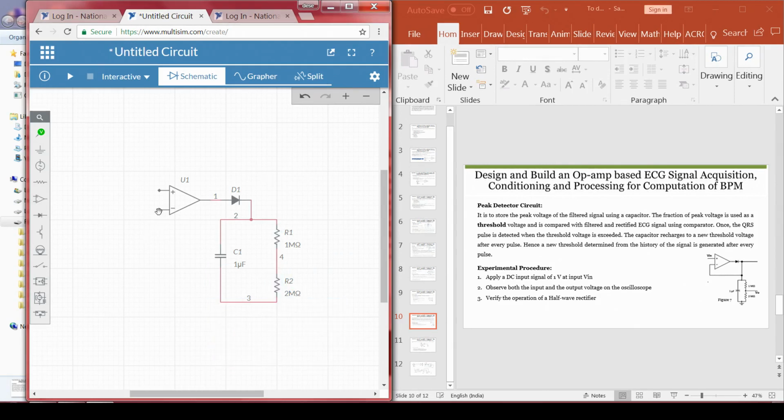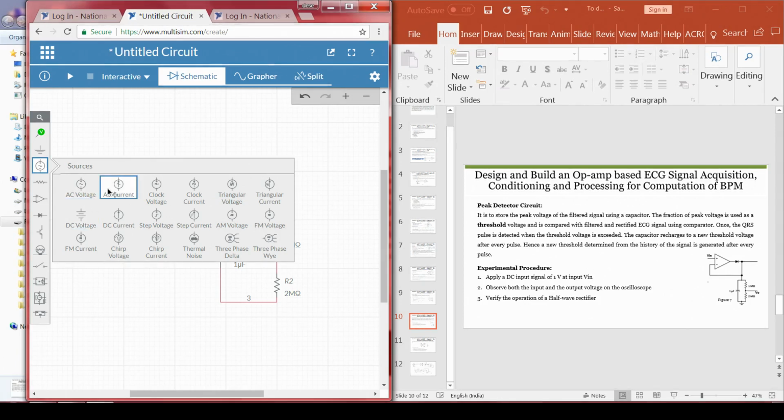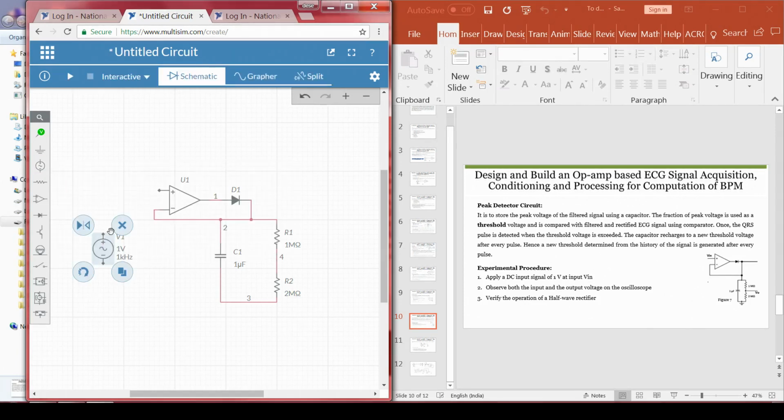Now, we have to connect this terminal to this one, right. So, this is the input signal. In order to test the circuit, we generally go with an AC voltage. So, let me connect the AC voltage here, and we also need a ground. So, I am taking a ground, connecting here, from here to here, and even this part should be ground.